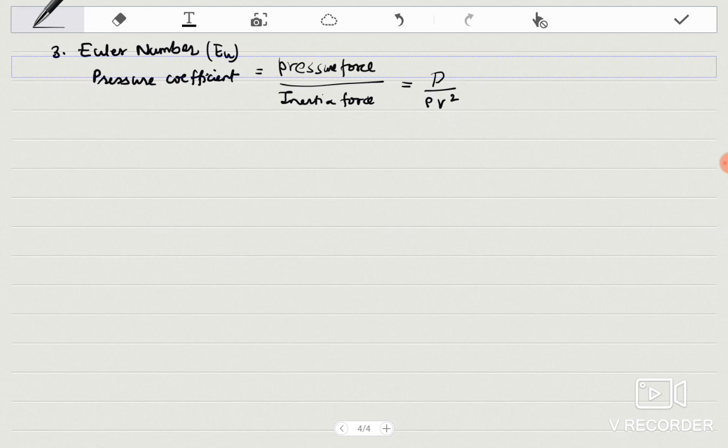First characteristic of this pressure coefficient or Euler number is that if pressure force is the dominant force, then it is an important number. And the inverse of this Euler number is known as Rouart number, which is denoted by Ru, and this is nothing but rho V square upon P, or 1 upon EU. When the dynamical forces are prominent, then Rouart number is important. This Euler number is used to characterize the energy losses in the flow. It is also known as pressure coefficient, but in that case it is denoted by Cp,